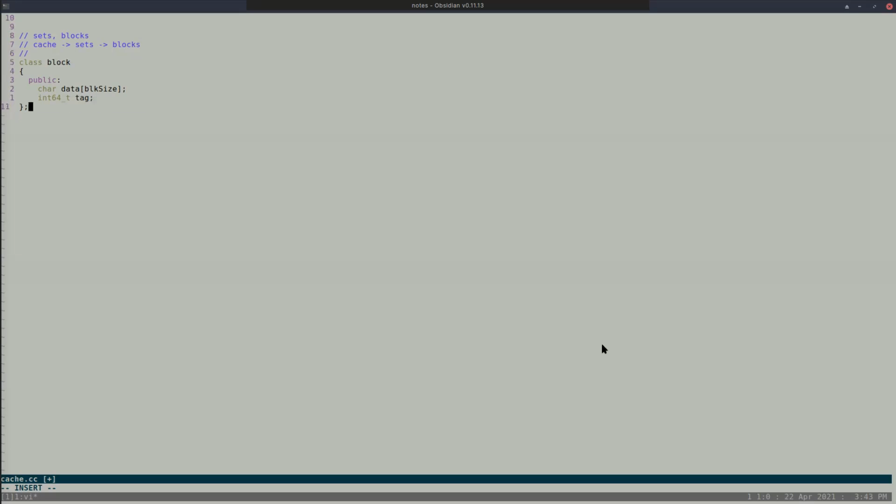So we come back to block again. Now I want to define a set. What does a set have? Blocks. But I don't know how many blocks this set will have, which means I should be able to dynamically create any number, because one level of cache might have only one block in a set if it was a direct-mapped cache. If it was a 4-way associative cache, I might have 4 blocks. So it might be any number of blocks.